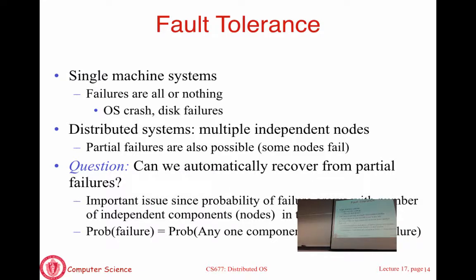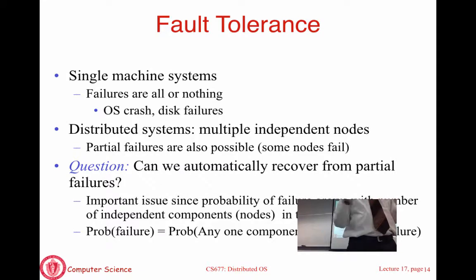So what does this tell you? We have not done any systems work. It's just simple probability theory telling us that if you have a large number of components in your system, the probability that some component is going to fail at any instant starts approaching 1. So in a large system, failure is not going to be an uncommon case anymore. Failures are going to be the common case, which means that at any point in time, there will never be a scenario where all machines are up. Something or the other will always be down for some reason or the other.